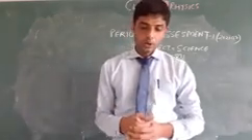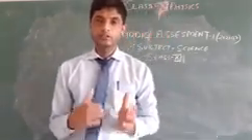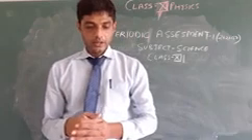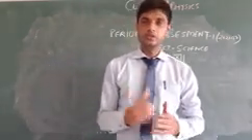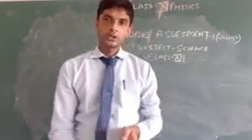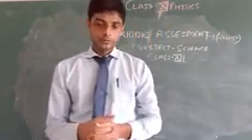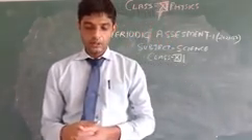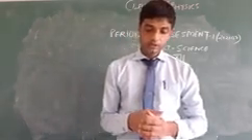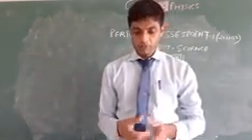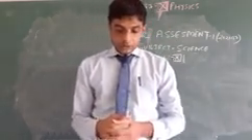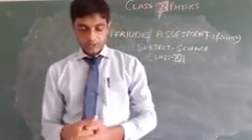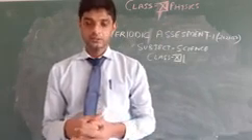Point A: for which surface is the electric flux 0? Second, over which surface is E 0? And point C: over which surface is E constant? So you have to give the answers A, B and C. Question number 3: in the given figure, identify the region where electric field exists if charge Q is present in the cavity. Points A, B and C.